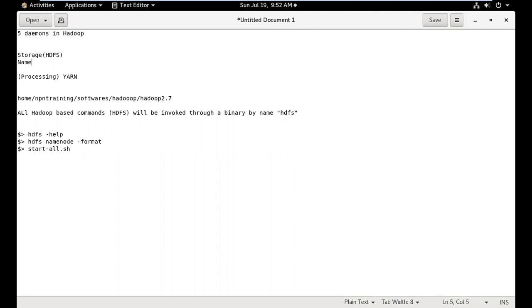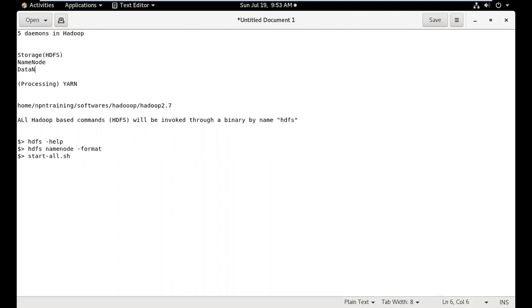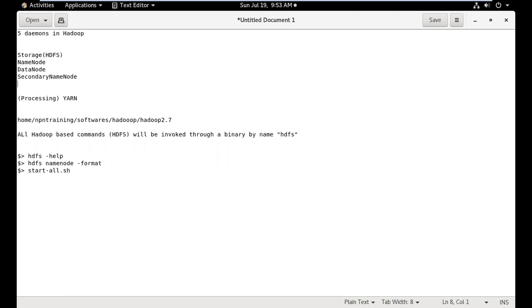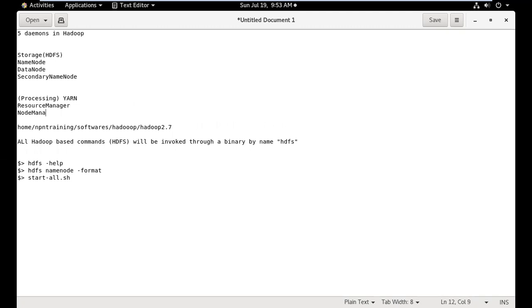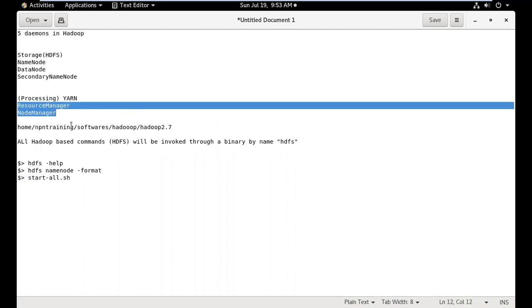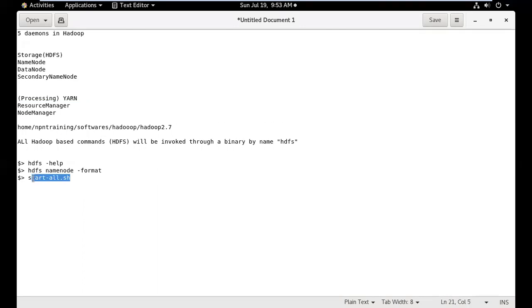That means we have name node, data node, secondary name node, and under processing, we have resource manager and node manager. So when you execute start-all.sh, it starts all the services related to storage as well as processing. But it is not recommended to use this.